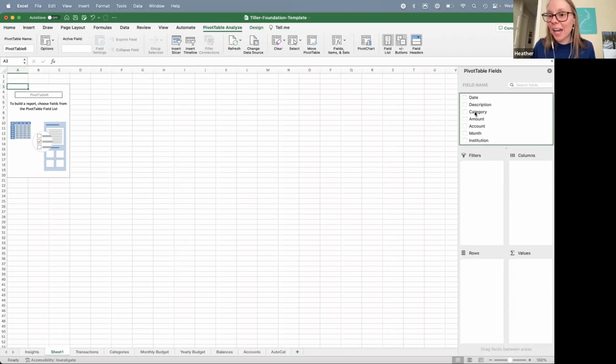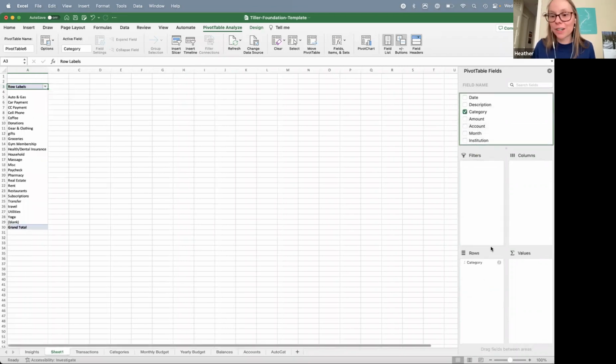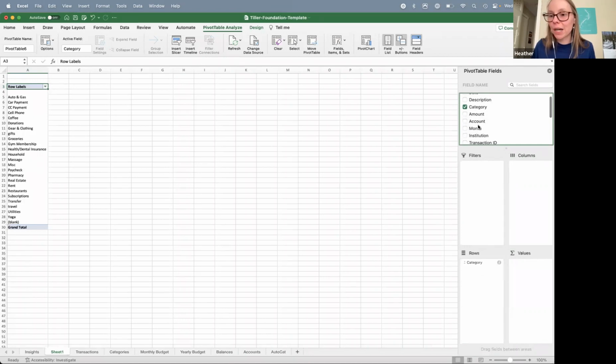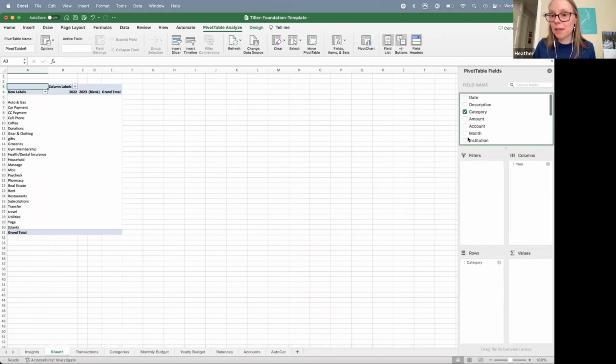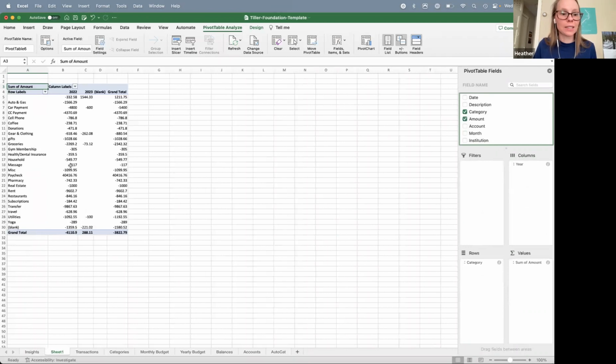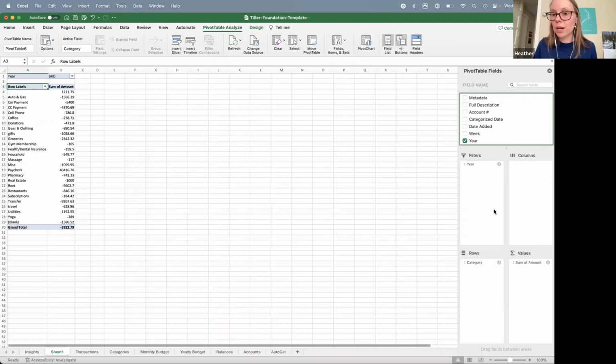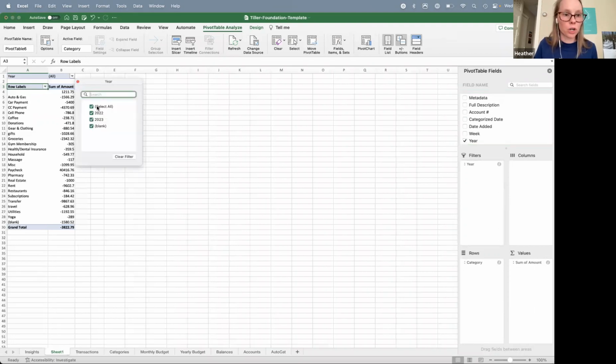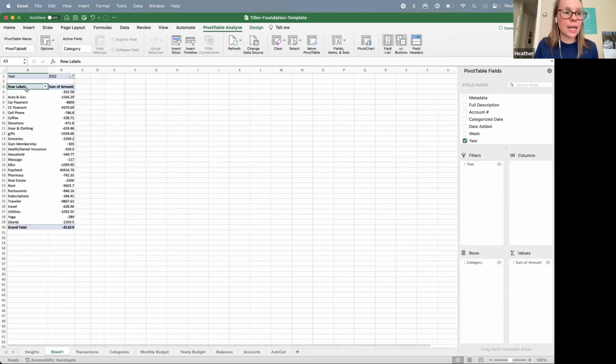So category, we're going to drag that into the rows, very similar to Google Sheets. We're going to use the year for our columns. Once again, same as we did in Google Sheets. I'm just dragging and dropping these into the appropriate place. And then the amount is going to go into values. And so same thing, we get the 2 different columns for 2022 and 2023. So if I add a filter here, then I can just filter on 2022, and then I get those sum